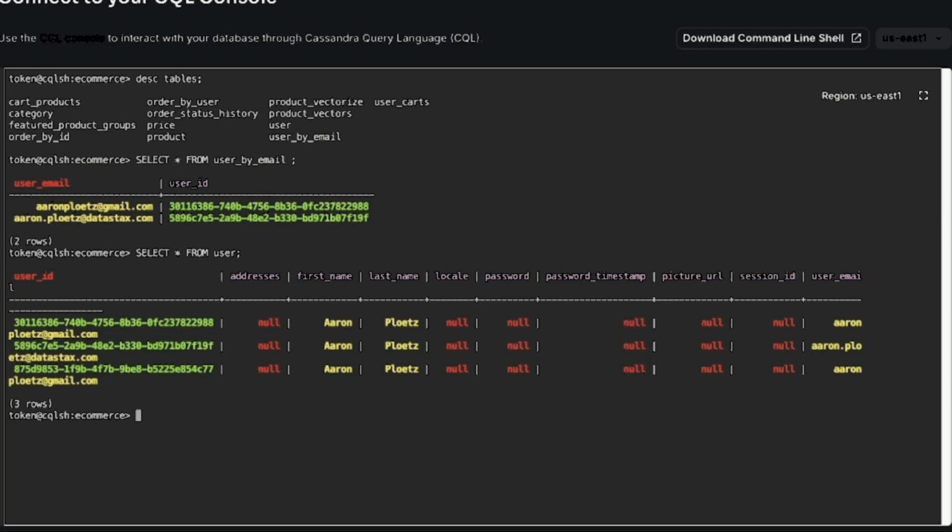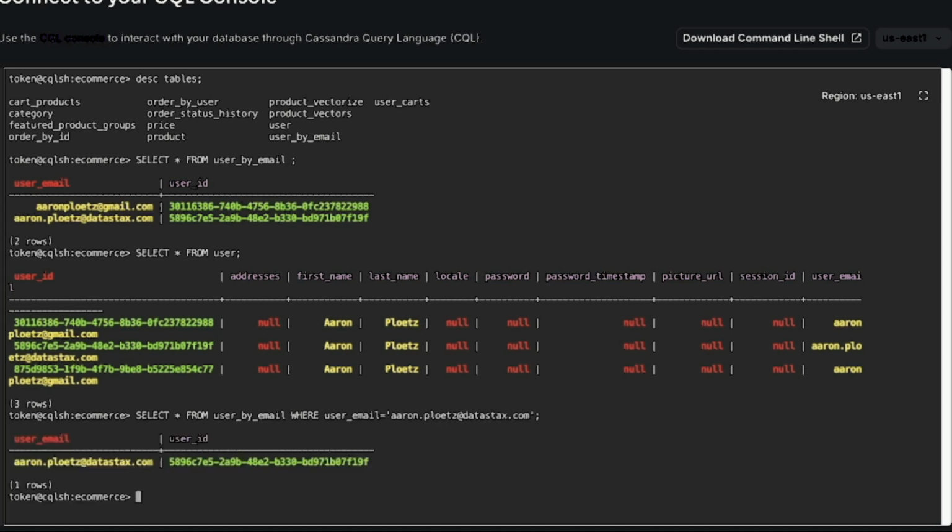So let's say that we didn't want to have to use these two tables in conjunction with each other to support pulling back user data. The ideal approach would be select star from user by email where user email equals my main email address, aaron.plutz@datastax.com.